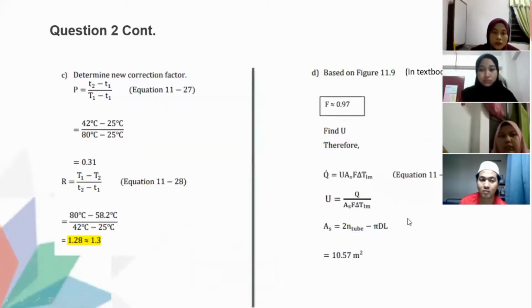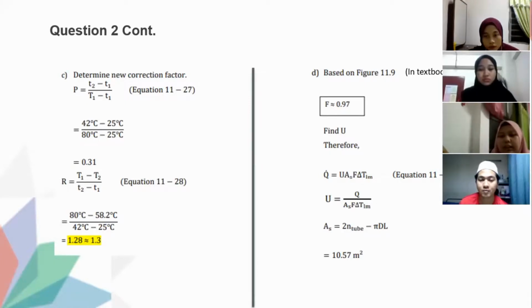So next, we need to determine the correction factor. To determine the correction factor, we can use the figure in the textbook, figure 11.9. But before that, we must calculate the values for P and R and read from the figure, and we get the correction factor 0.97. And then we can find the overall heat transfer coefficient U